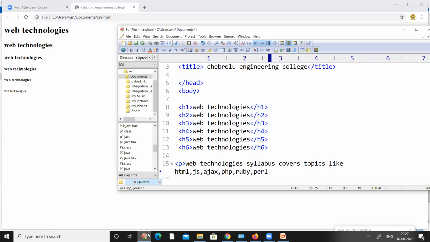So my paragraph data has been completed. Whenever the data is completed, use the closing paragraph tag.